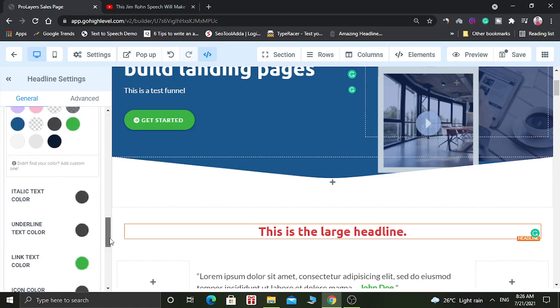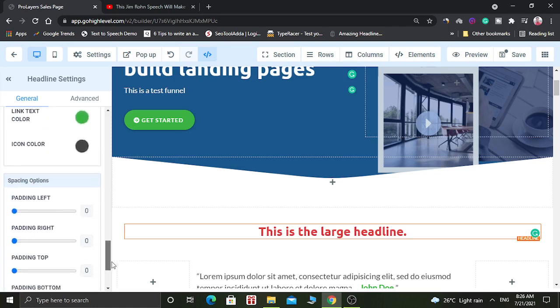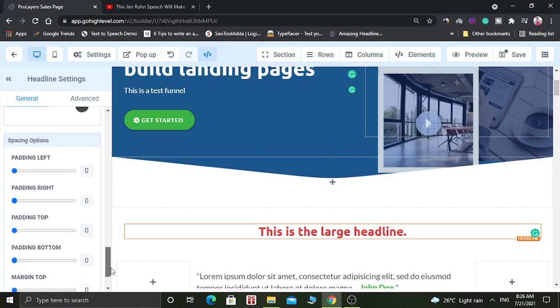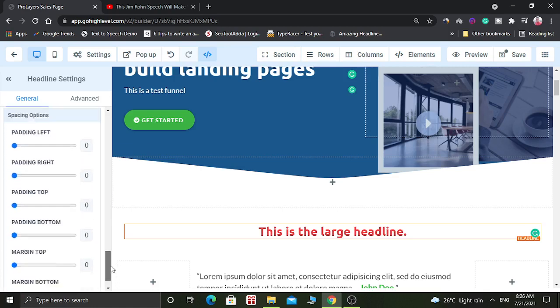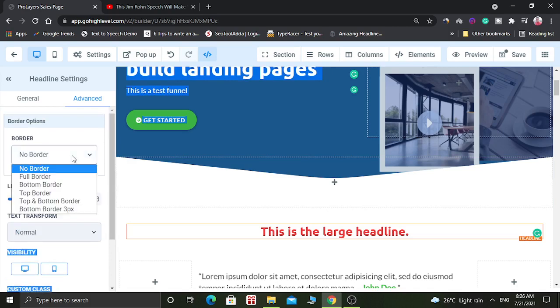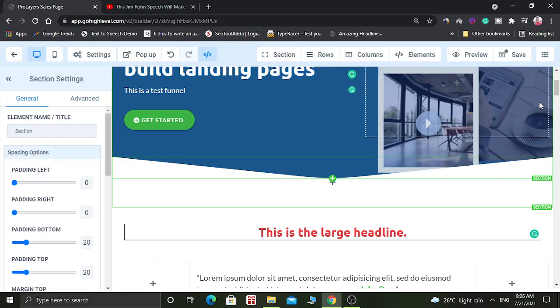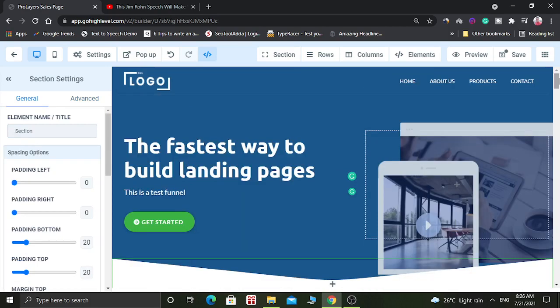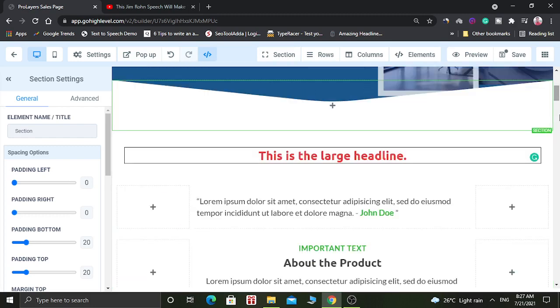You can make it italic. You can do a lot of things from here. You can even change the padding of this text. There are lots of options available. You can add the borders and so on. So you can basically add anything you want. You can even add videos and even pictures in this page.